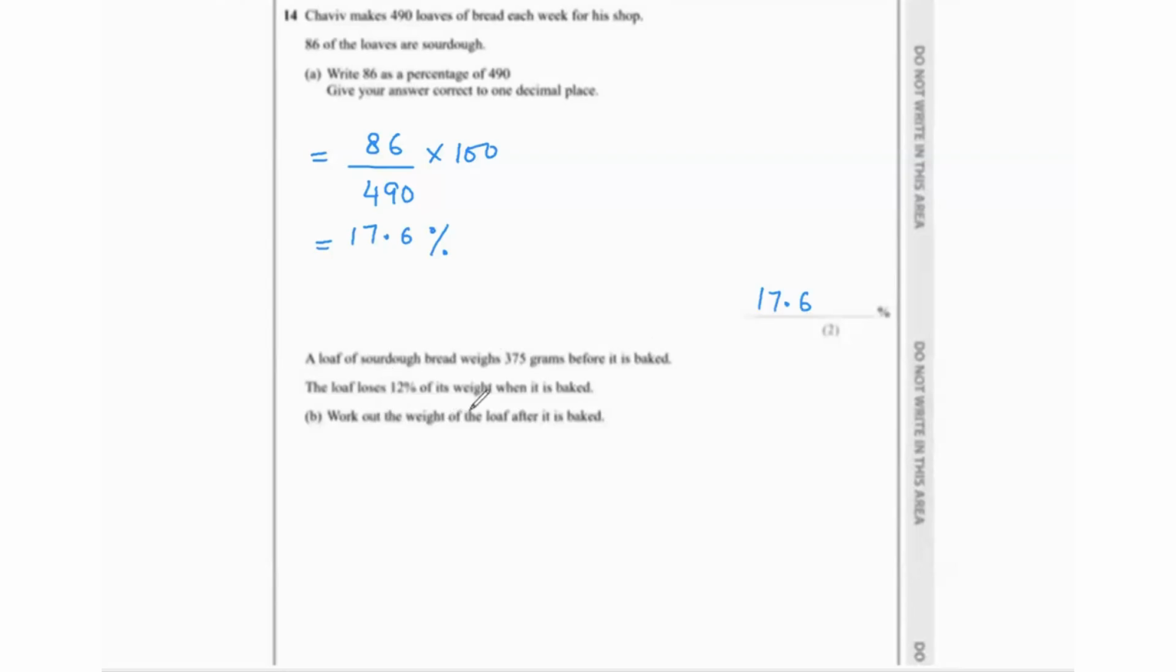The loaf loses 12% of its weight when it is baked. Work out the weight of the loaf after it is baked. So they've told us that 375 grams was the weight of the bread before it was baked, and it lost 12% of its weight after it was baked. So that means the new weight is going to be